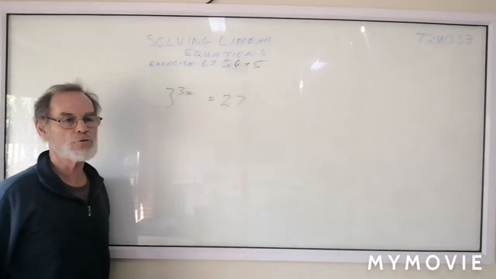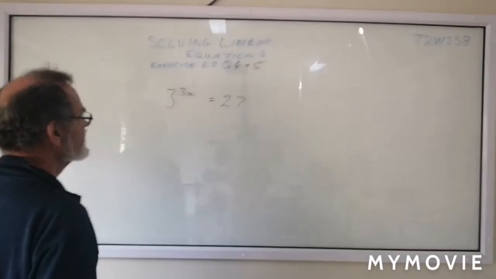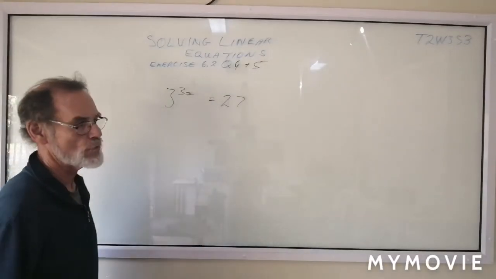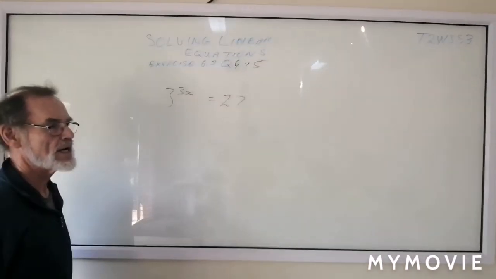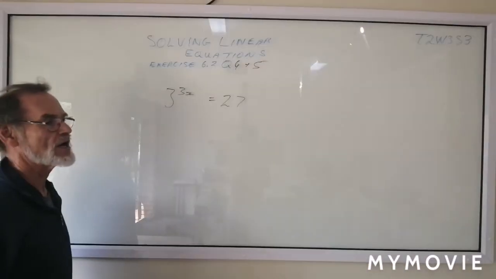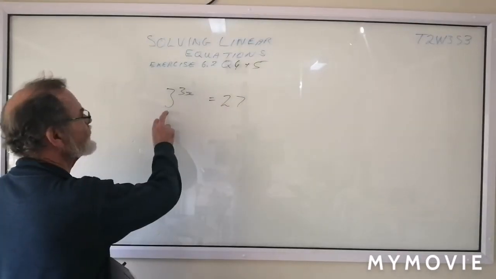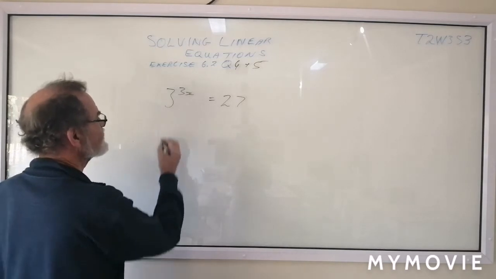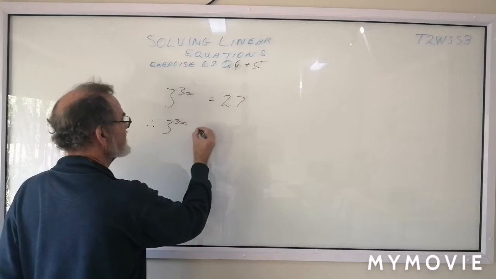So you need to know your laws of indices, and the best thing to do is to convert your numbers all to powers of prime numbers. This 3 is already a prime number, so we can just rewrite it. Therefore, 3 to the power of 3x is equal to